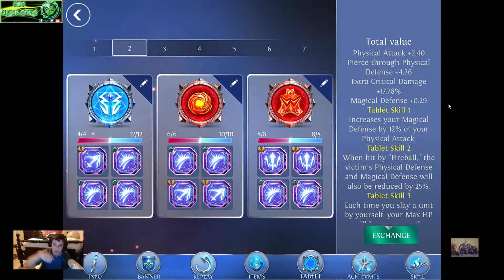You can see I have a whopping amount of extra critical damage just from straight inscriptions. I have 17.78 extra critical damage. If I had a King Killer and that talent tree, man, I would be doing so much critical damage. It's insane. And by the way, you can also see that I straight up created magical defense out of nowhere. You can see here that it says I have